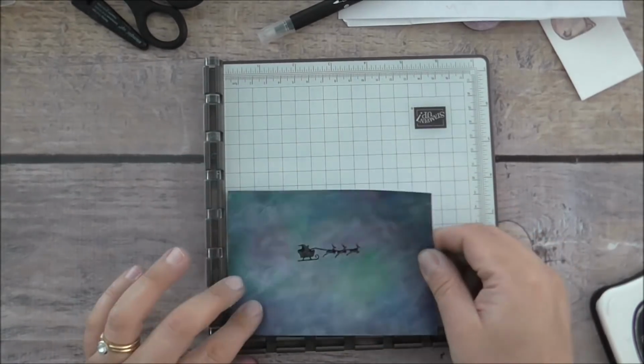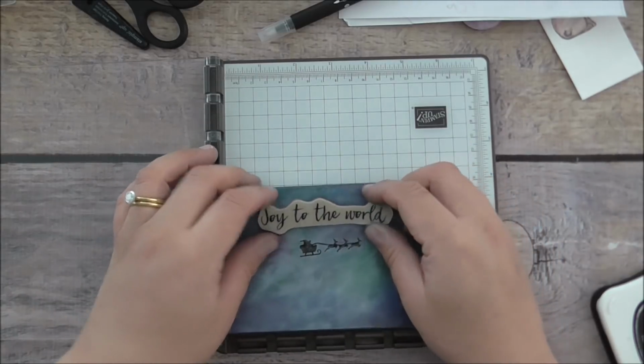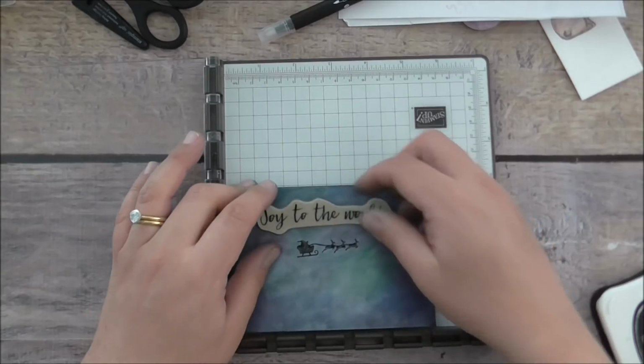Now, what I'm going to do is stamp the Joy to the World. Now, it does warp a bit, so just warning you. We'll do the Joy to the World. I'll bring out my